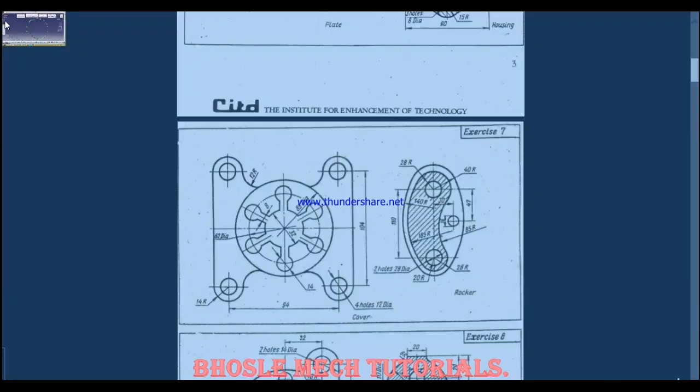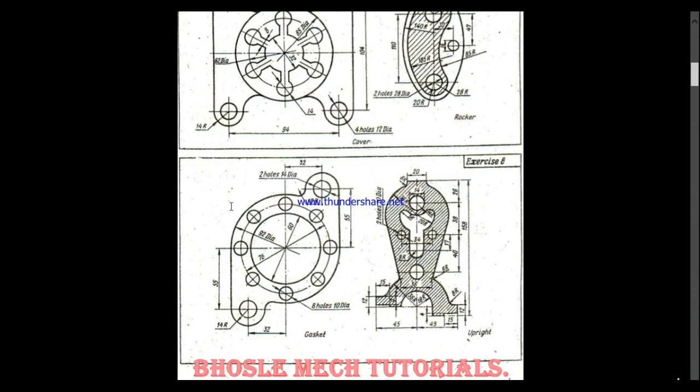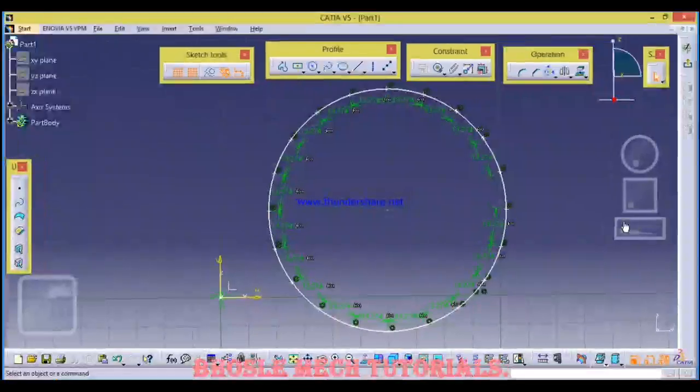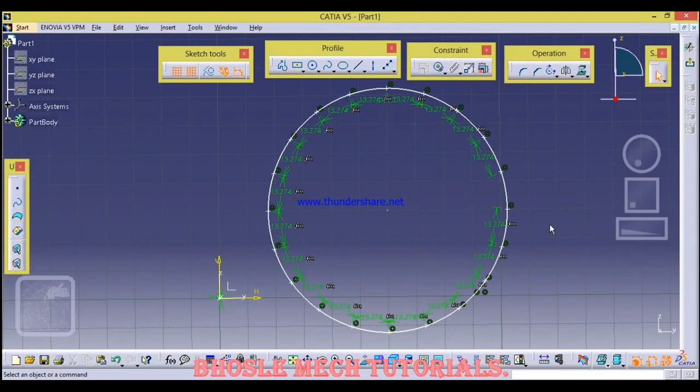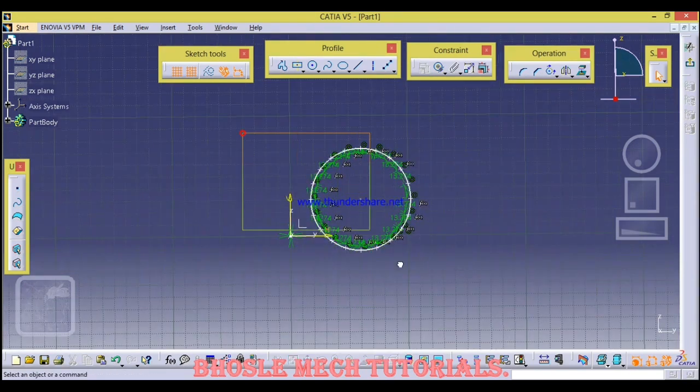Where this will help, see here. This is a circle. There are 1, 2, 3, 4, 5, 6, 7, 8, 8 different circles here. If we have to draw these 8 circles without using these points, first we have to draw a line at a particular angle, and then we have to make a particular point, and that's a very complicated issue. So we just use these equidistance points and we can draw whatever profile we want.